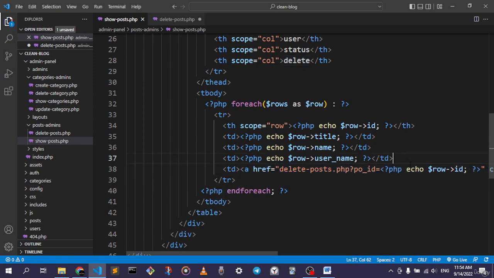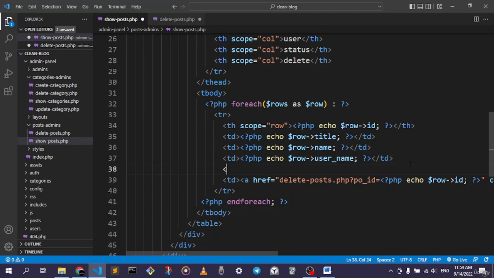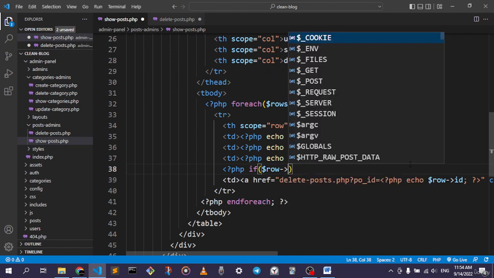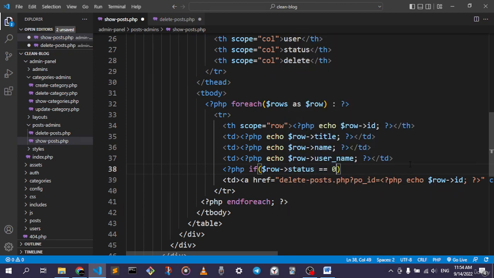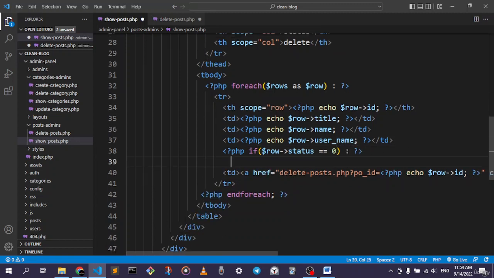So if we go down here, if row status is identical to 0, we can go ahead,